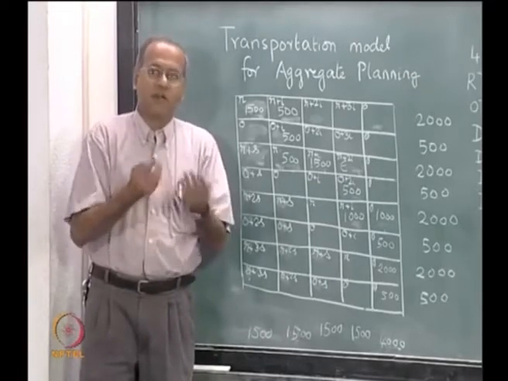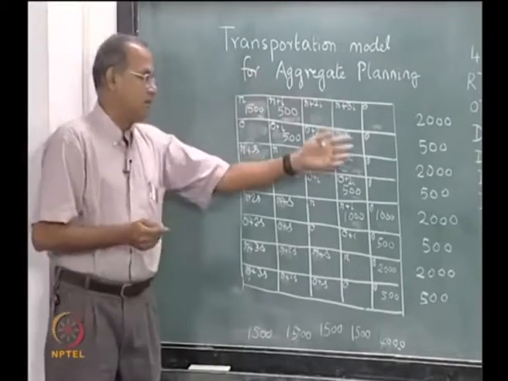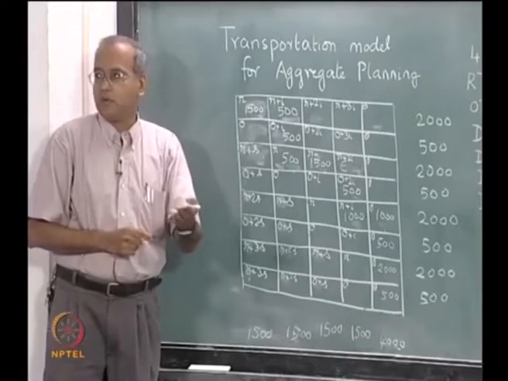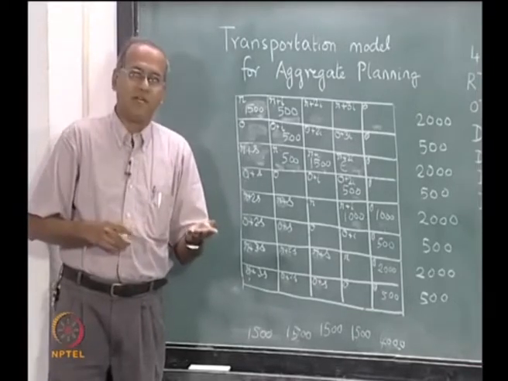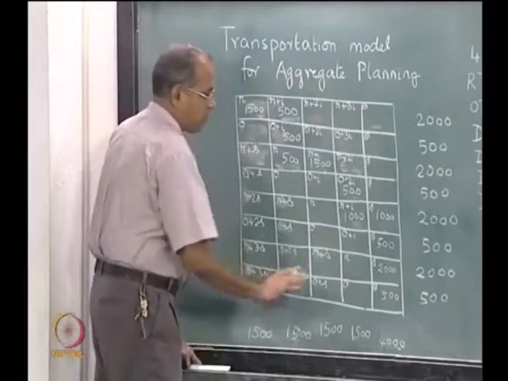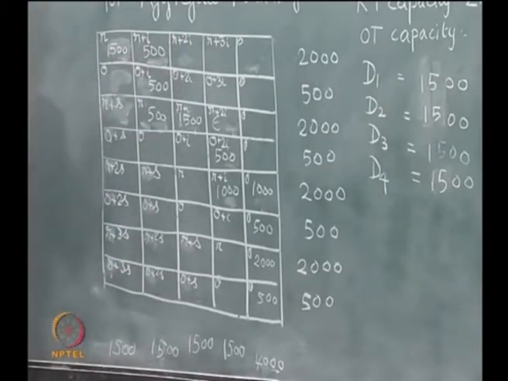If we are going to use a solver to solve this problem, it actually does not matter whether we gain advantage of the simplification rule or we do not gain any advantage because of the simplification rule. But then this is also possible. Now, the transportation problem has 4 costs: cost of regular time, cost of overtime, cost of inventory and cost of shortage or back ordering. Now, let us try and do one more thing to it.